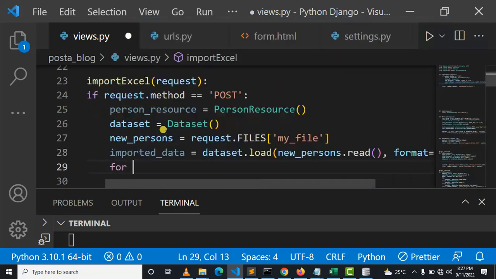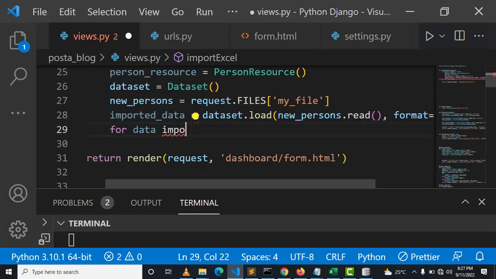Perfect. Then after, for data in imported data,